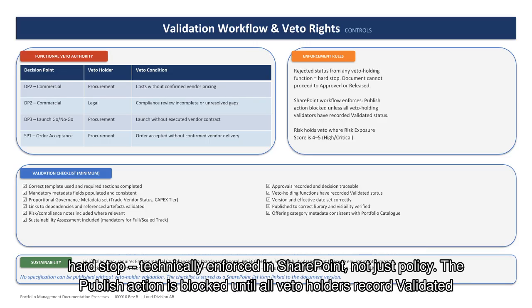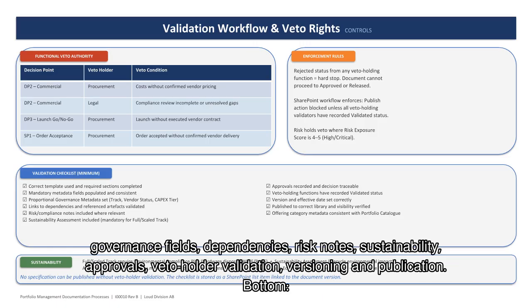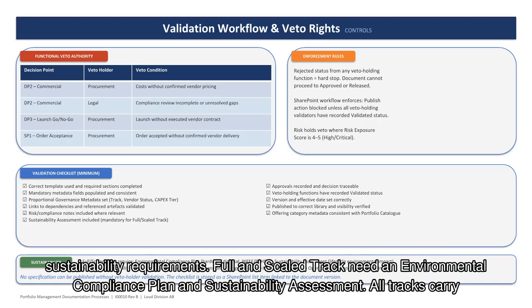Top right, enforcement. A rejected status is a hard stop, technically enforced in SharePoint, not just policy. The publish action is blocked until all veto holders record validated status. Risk holds veto where the risk exposure score is 4 or 5. Middle, 11 validation checklist items covering template, metadata, governance fields, dependencies, risk notes, sustainability, approvals, veto holder validation, versioning, and